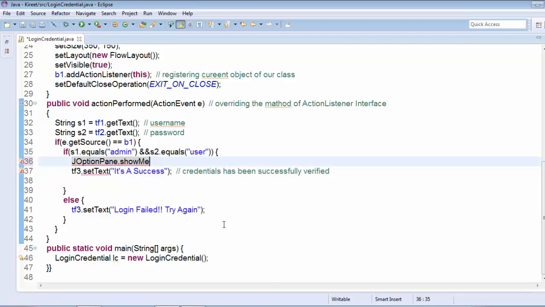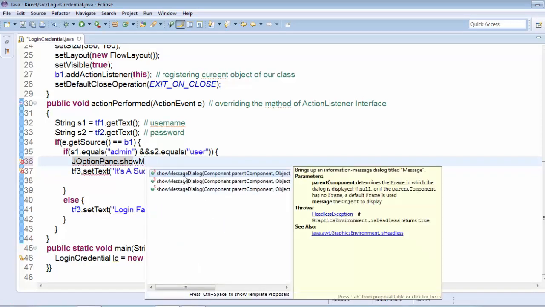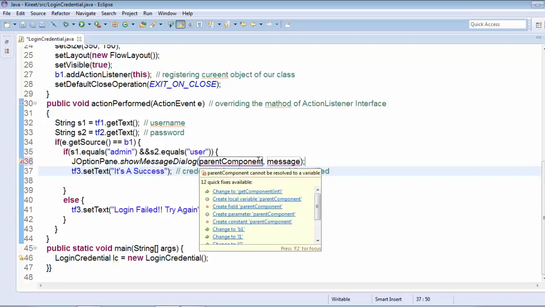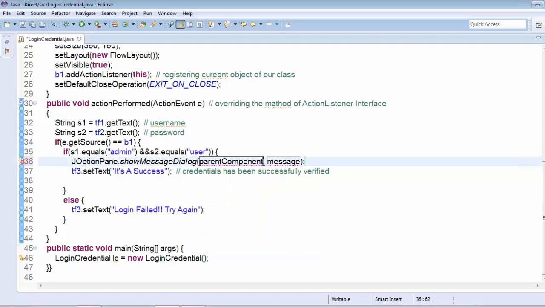So this is show message dialog. Now you can see it says the parent component and the message. There are two arguments that you have to pass. The parent component is the frame, so you have to pass the reference to this frame here, the parent component in which this dialog box will appear, because on this frame this dialog box will appear.